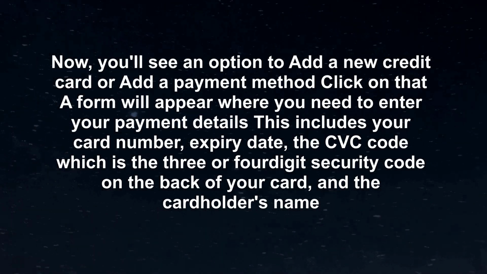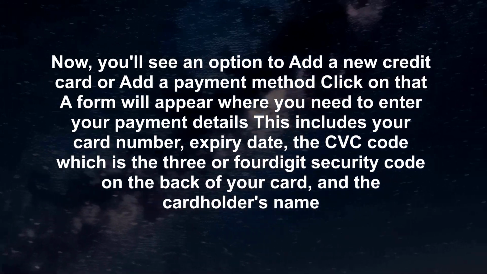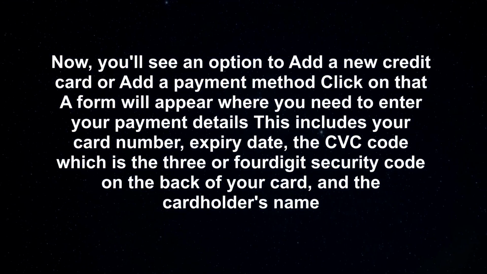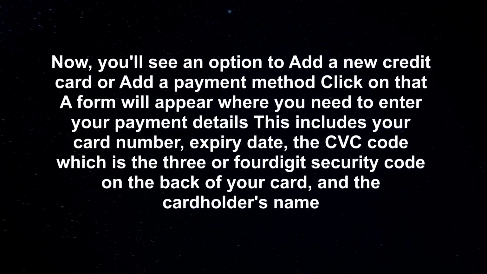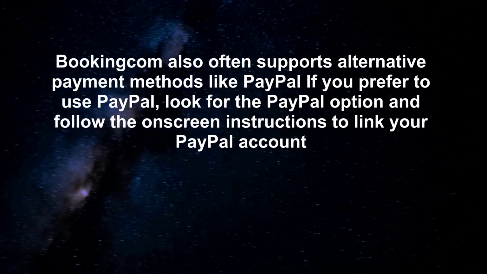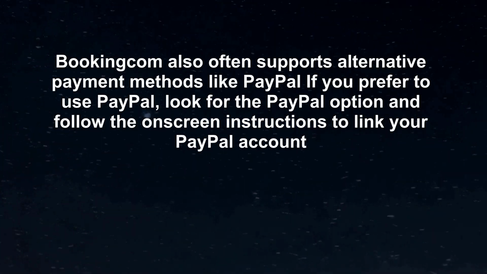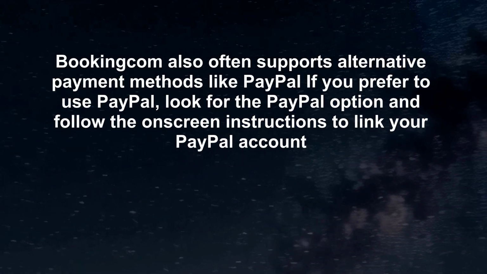This includes your card number, expiry date, the CVC code, which is the 3 or 4-digit security code on the back of your card, and the cardholder's name. Booking.com also often supports alternative payment methods like PayPal. If you prefer to use PayPal, look for the PayPal option and follow the on-screen instructions to link your PayPal